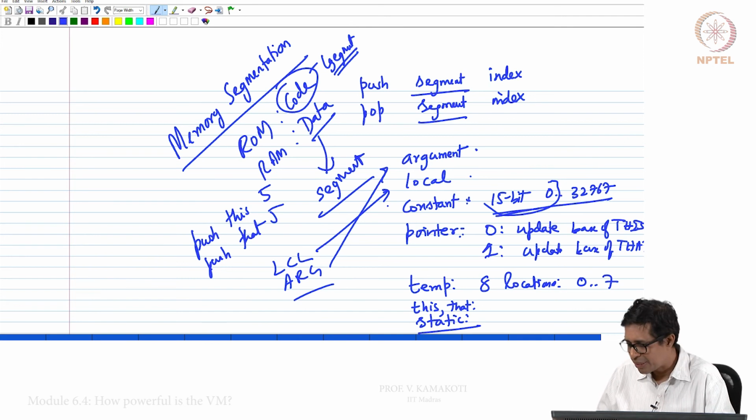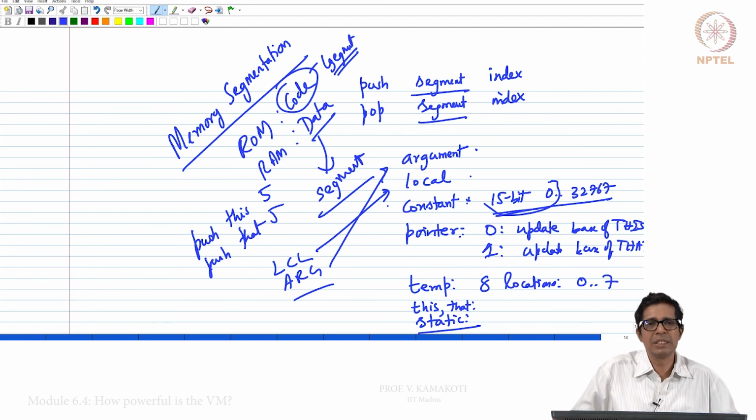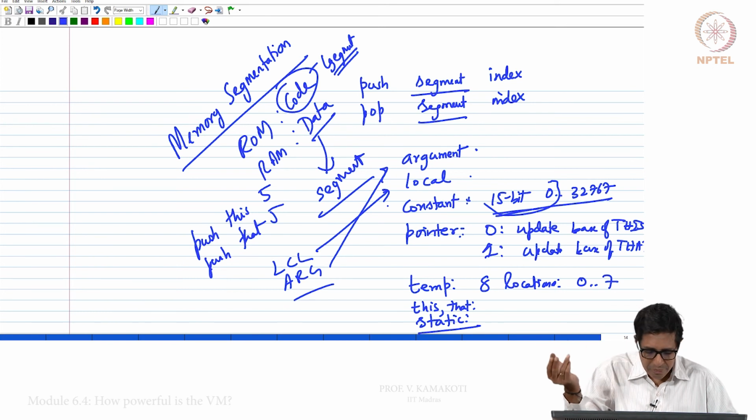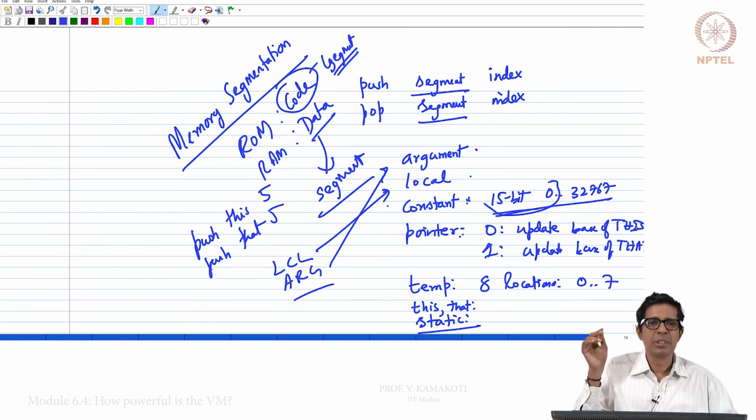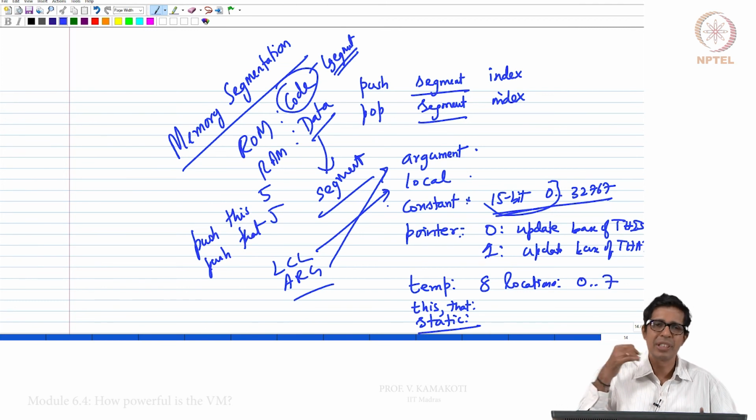So what we have done so far, we have understood the 17 instructions of the virtual machine. 9 of them are basically the arithmetic logic instructions. We had 2 memory access and 3 each of your program flow and the function calling instructions. And so hopefully this gives you an understanding of how the VM works and also the power of a stack based virtual machine.